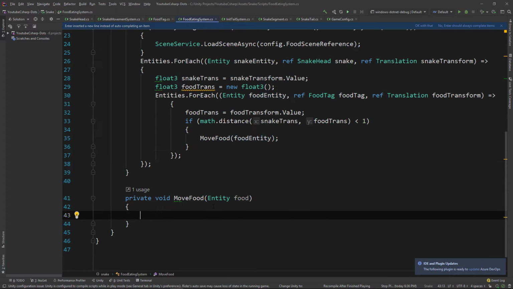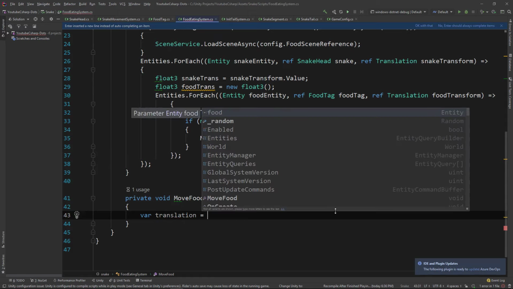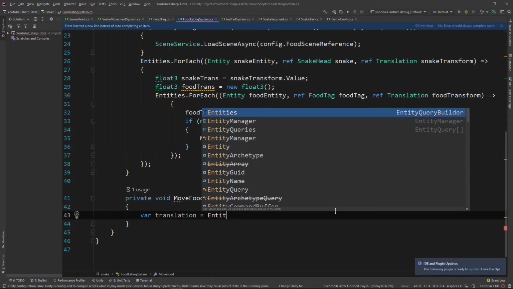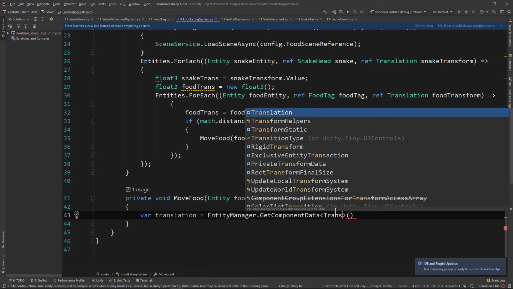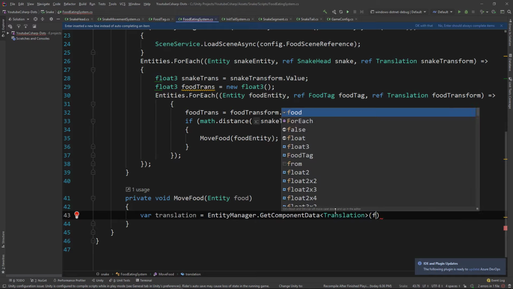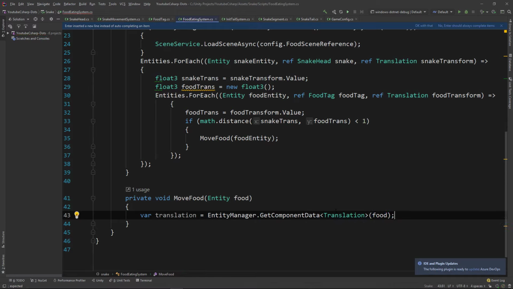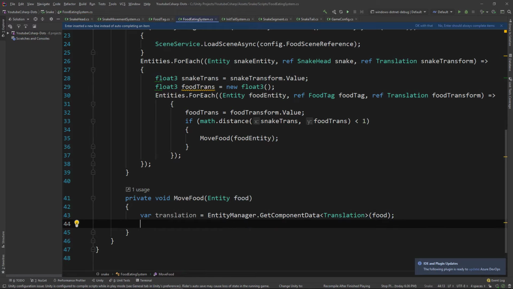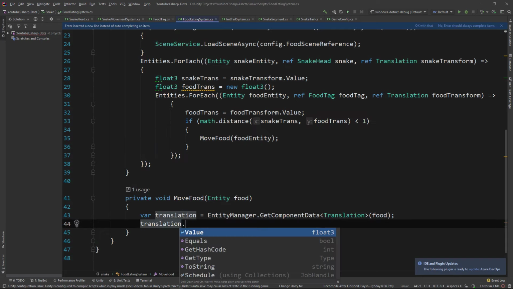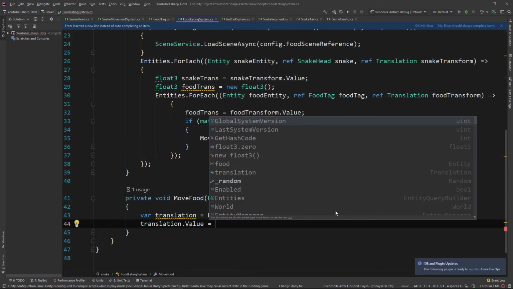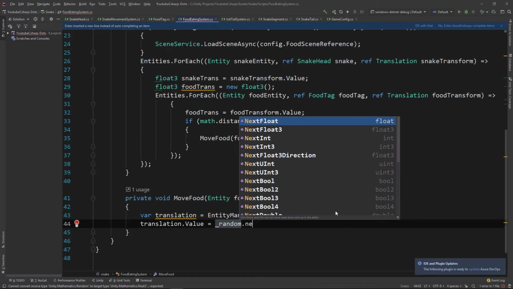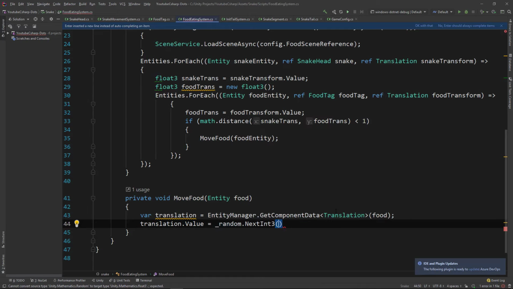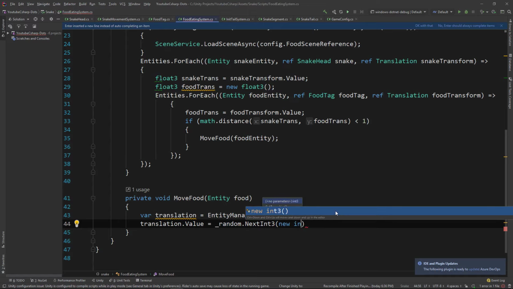Then within this function, we'll say var translation is equal to entity manager dot get component data. The component data that we want is the translation, and we want it off of the food entity that we passed through. Then using that translation variable, we can say translation dot value is equal to underscore random dot next int3, then we'll say new int3,